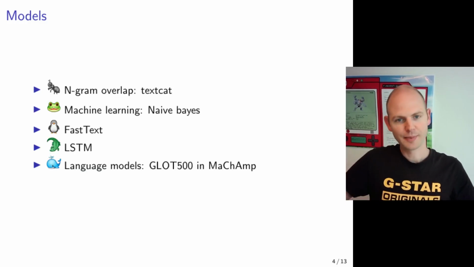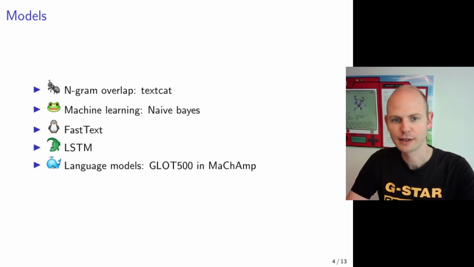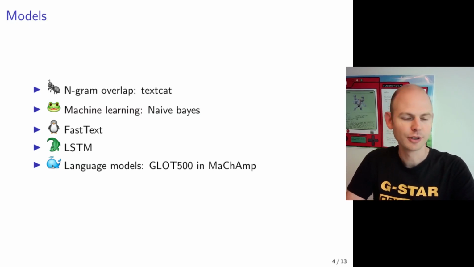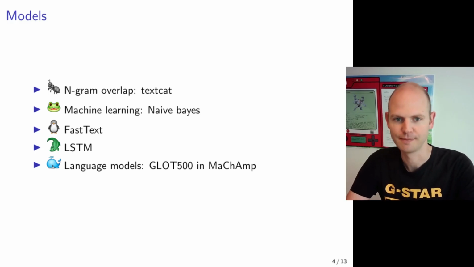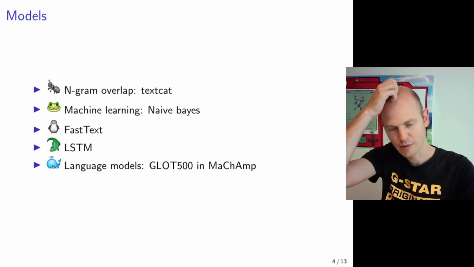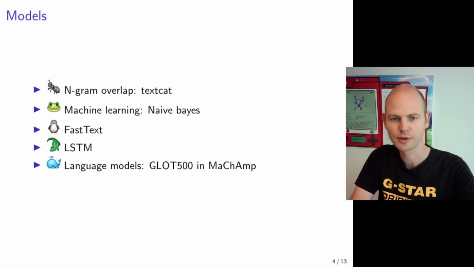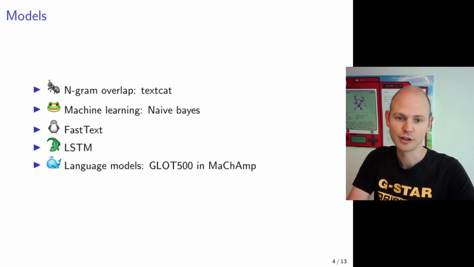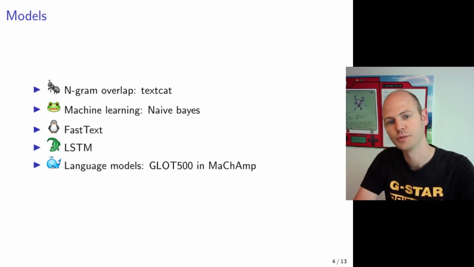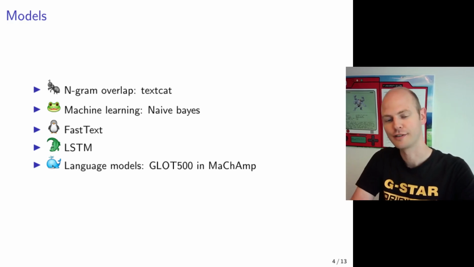In my study I compare 5 different models, so these are picked on broad categories of models that are commonly used for this task, and here they are sorted by complexity. So we have n-gram overlap models for which we use TextCat, which compares character n-grams. We have machine learning models, here we use naive Bayes, which is very commonly used for this task. Then we have fastText and LSTM and language models, for which we pick GLOT500 after a small comparison